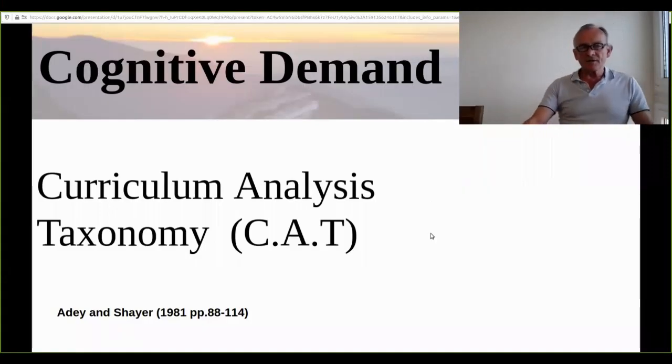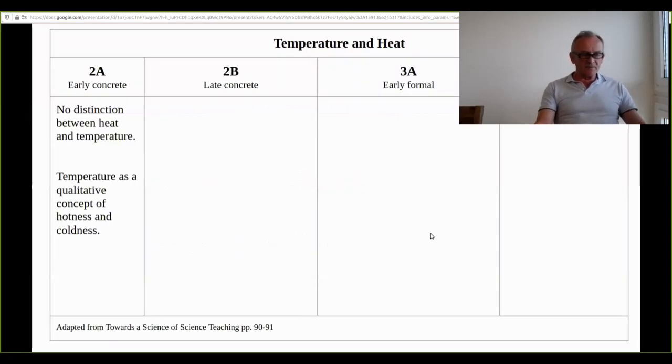Now moving on to part 2. After we looked at how you can measure student readiness, and the gap between student readiness, in particular at the start of GCSE years, now we will look at how Shayer and Adey developed what was called the curriculum analysis taxonomy, as a way of validly measuring the cognitive demand of key objectives of the science curriculum. To give you an example of this,